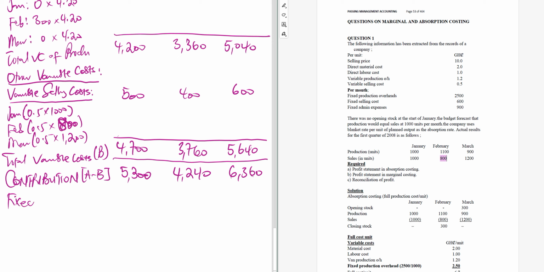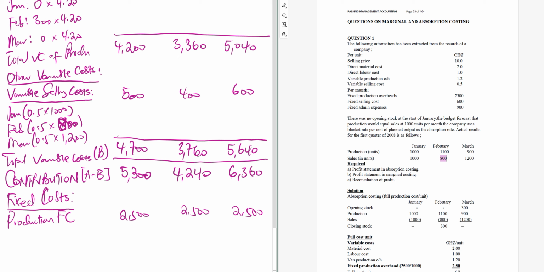So fixed costs, irrespective of whether it's production or non-production. All fixed costs will be taken out from contribution to arrive at what? Profit. So fixed cost, we will first start with our production fixed cost. The question said every month fixed production overhead was 2.5. So we take our 2.5, 2.5, 2.5 every month, and then